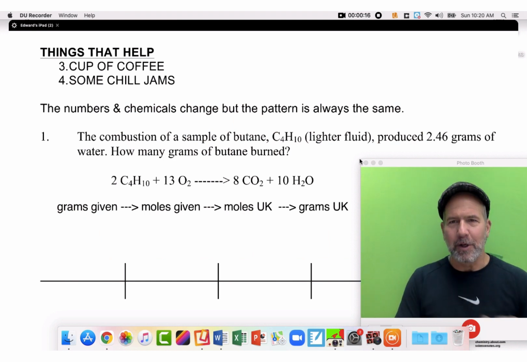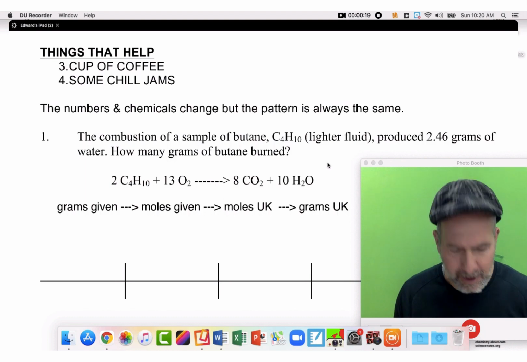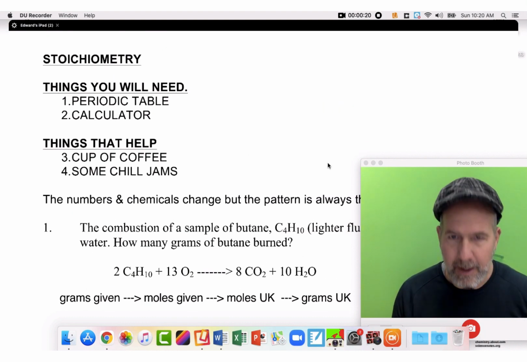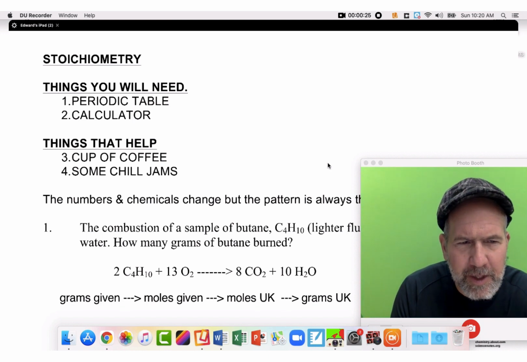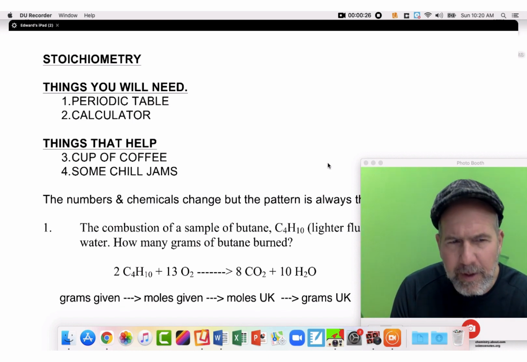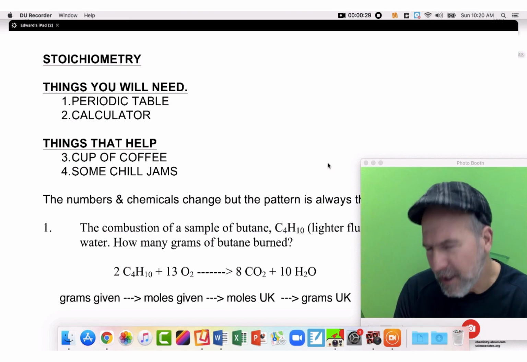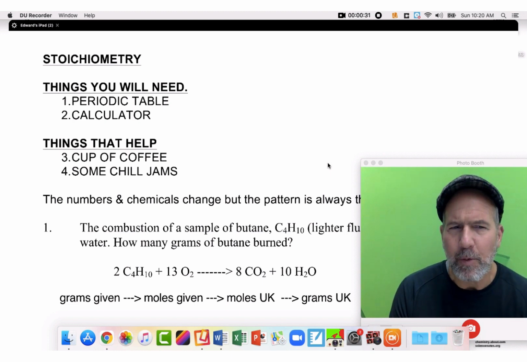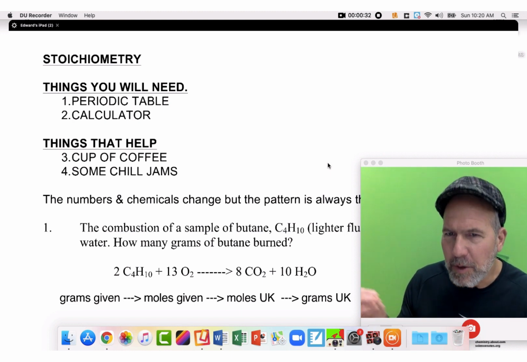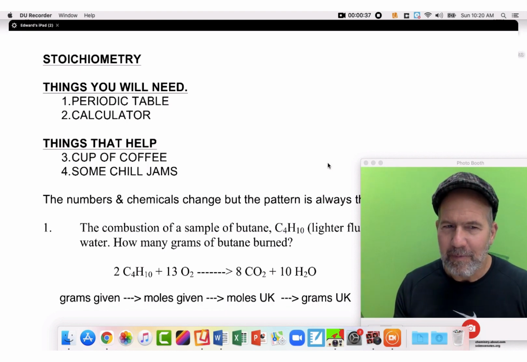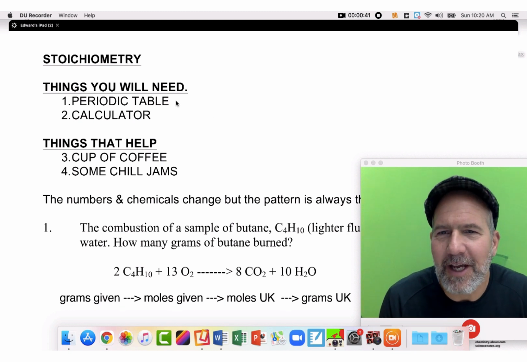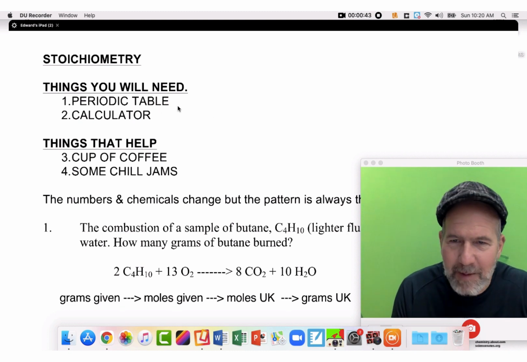The problem is called stoichiometry, and stoichiometry is the language of chemistry. We're going to take the formulas, the balancing equations, the masses, everything we know, and we're going to use that to find out what we don't know. It's a wonderful process. What you're going to need today is a periodic table,